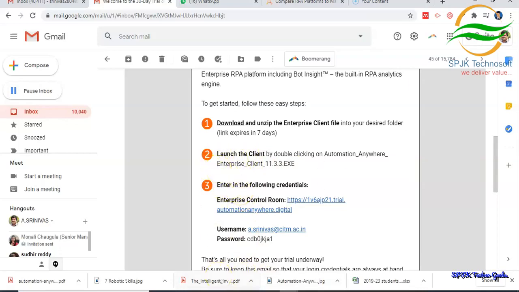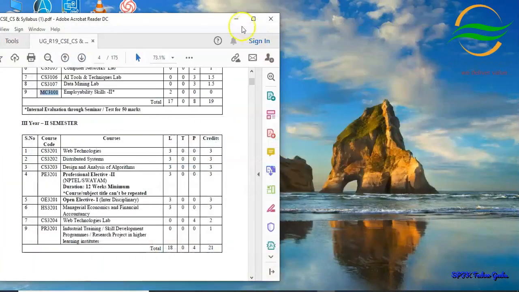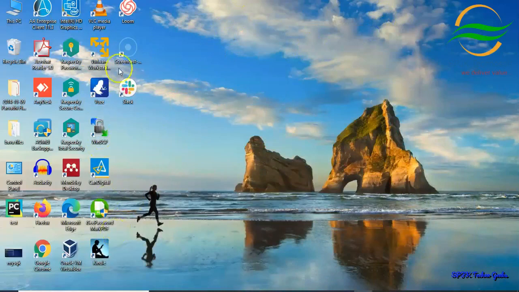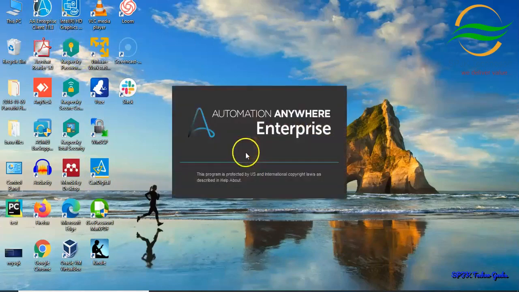After completion of your execution, you will be seeing the icon on your desktop with the EA symbol, Automation Anywhere Enterprise Client 11.3. Here you have to double click on this to open the software that you already downloaded and installed.